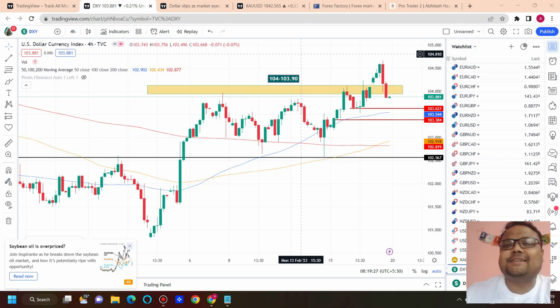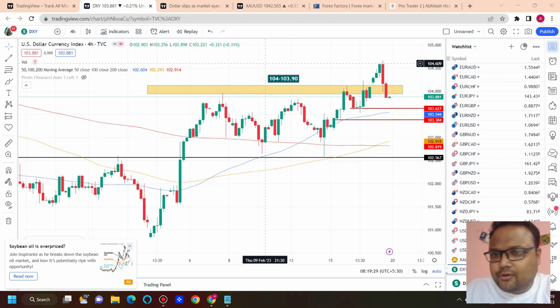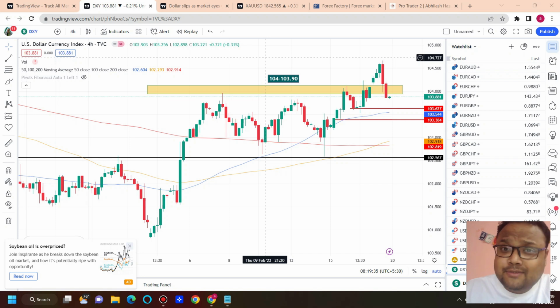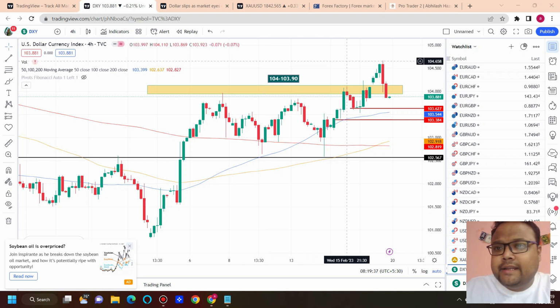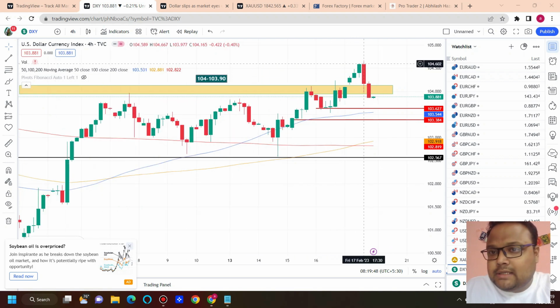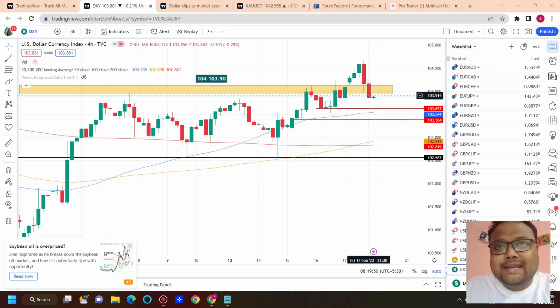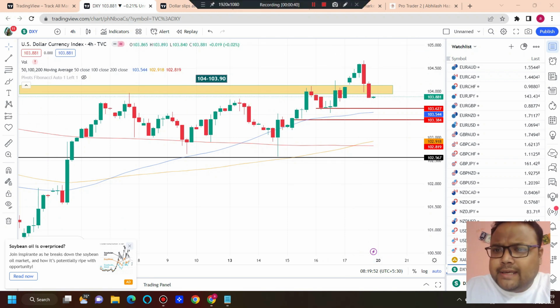So let's get started. My dear friends, this is the 4 hour chart of DXY. During the US session on Friday, we saw massive correction on DXY. DXY made a high of 104.65, and after that we saw massive correction. This is the 4 hour chart, and you can see these two massive red candles. Ultimately, DXY closed at